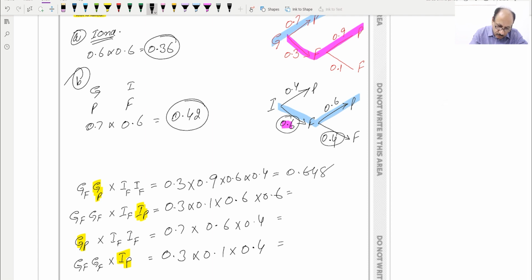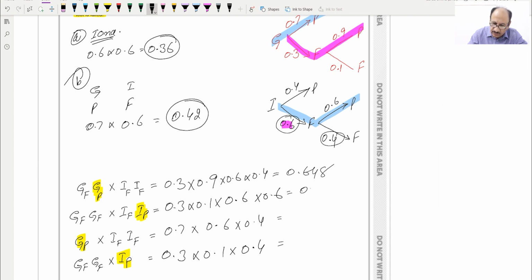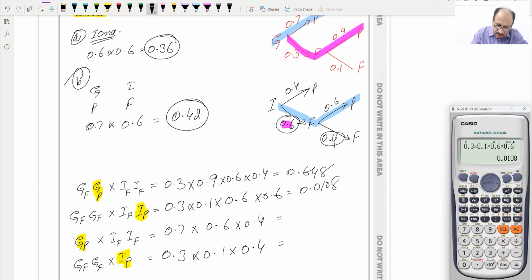And for the next one it is 0.3 into 0.1 into 0.6 into 0.6 again, and this gives us 0.0108. And the third one gives us 0.7 multiplied by 0.6 multiplied by 0.4,